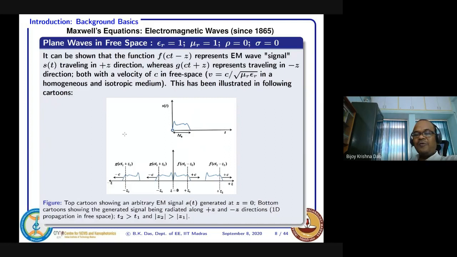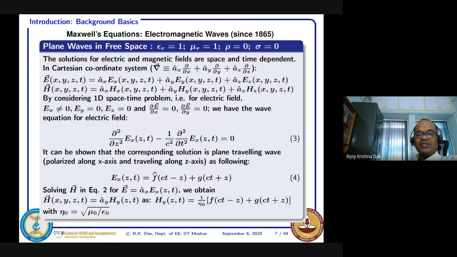Now I try to give a nice sketch here. So far we don't know what kind of function this electric field is. It is a function of ct minus z, whether it is a sine function or a combination of different sine functions. We don't know that. It can be anything, any periodic thing. It is called a traveling wave. As time passes, z has to change also, because c is a constant.